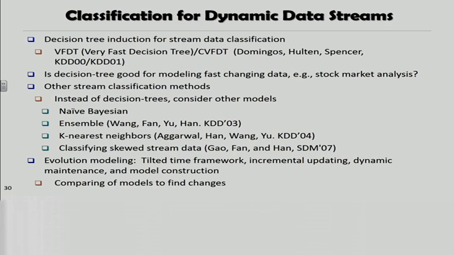To get a model, because you have streams coming and limited memory, and the training data with labels comes so quickly, you have to construct the model dynamically. Another problem is that the model may change. For example, Apple releases another phone. Whether people will buy this new phone or not,